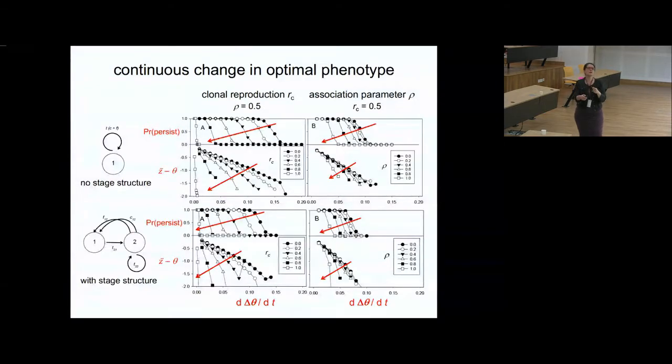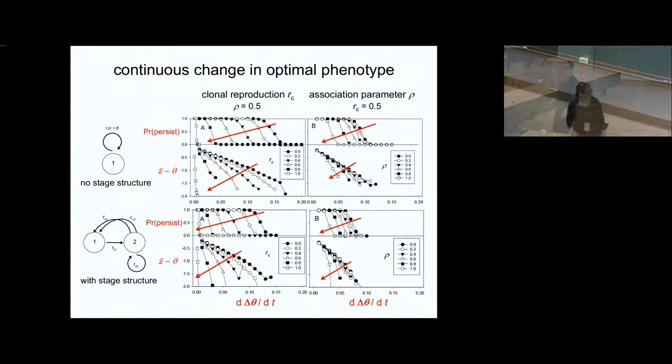And the way we did this is so that down is bad no matter what. So here's probability of persistence: 1 is good, you always persist. 0 is bad. And then this becomes more and more negative when things get worse. So down is more and more lag. You're further down the slope, if you like.